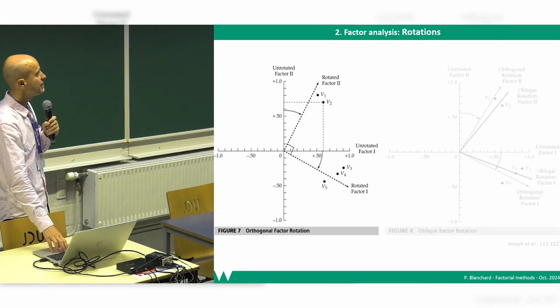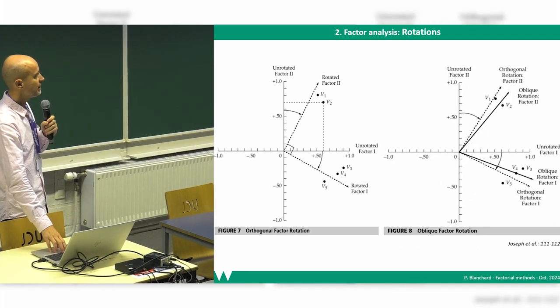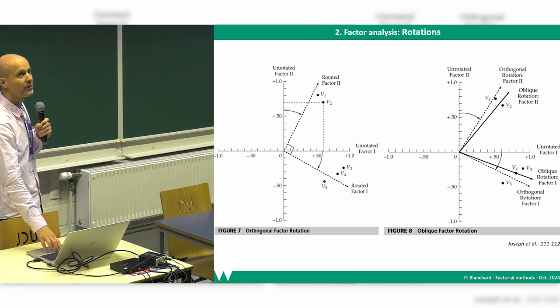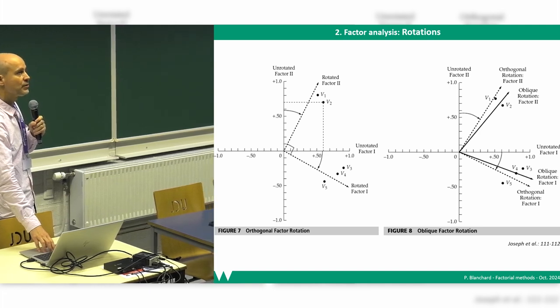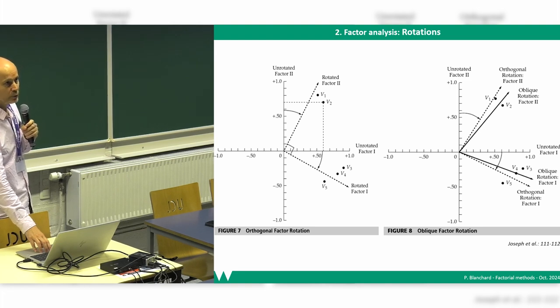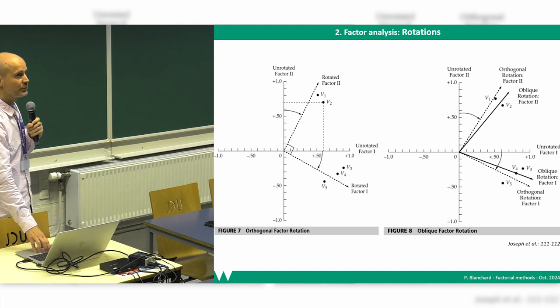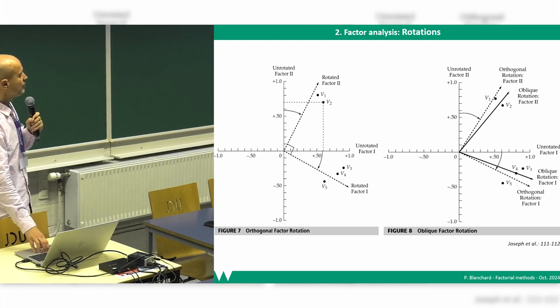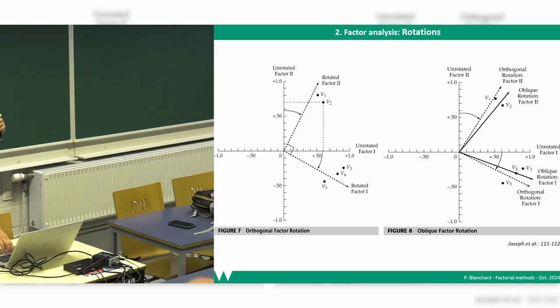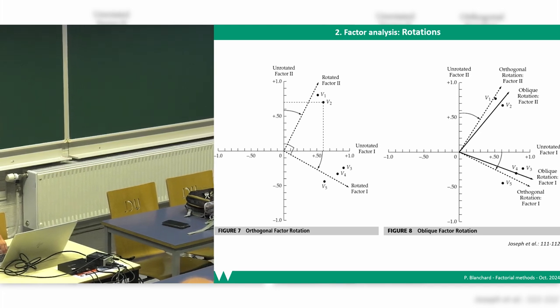Okay, and these tweaks can preserve orthogonality or give it up, which means your Fs will not be orthogonal anymore. You may decide to go for it or not. If you want orthogonality, you stay with it. So on the left is Varimax. On the right should be Oblimin. So we have quite a few rotations like that.